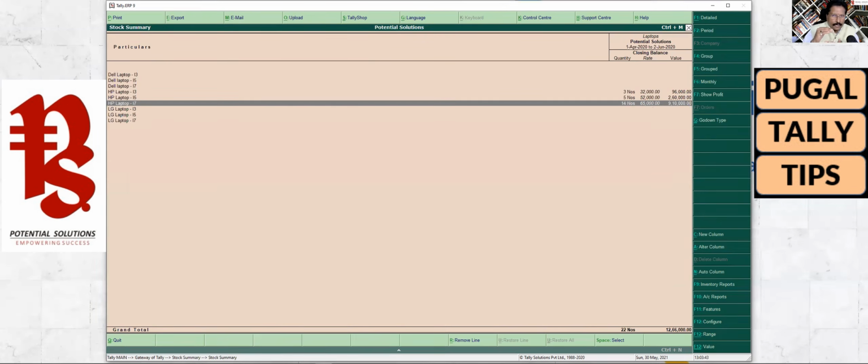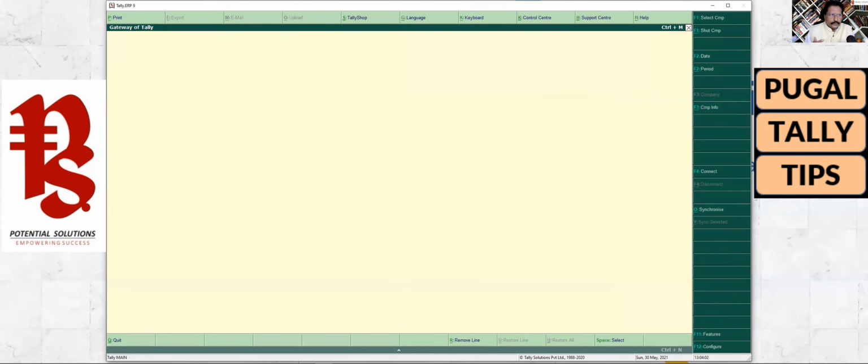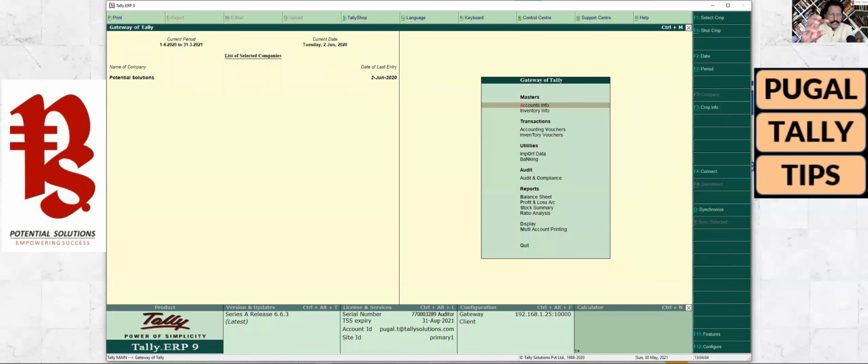Again, if you want to see how much of this 14 is lying in which godown, so shift enter is going to tell you that now it says 5 numbers are there in the factory, and 9 numbers are there in your showroom. Okay. So this is how you use your three primary voucher types, that is your delivery note, receipt note, and stock journal. Okay. The other things we will see later.